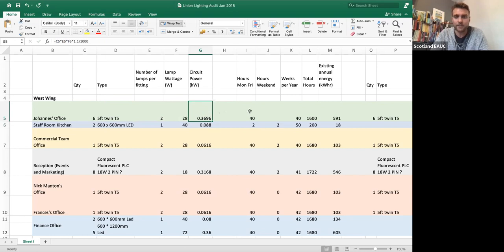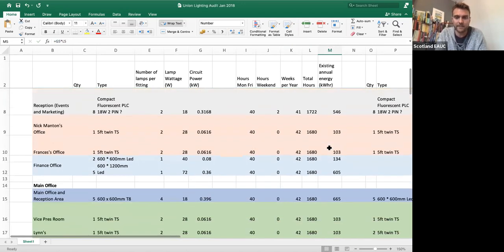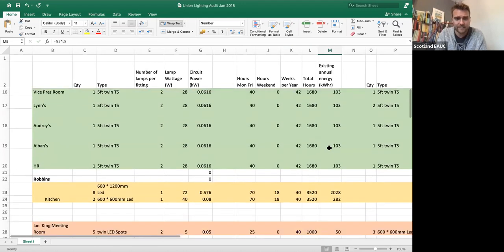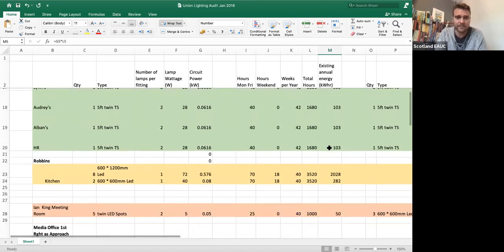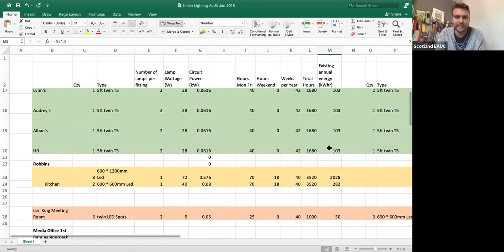The next step that we took was trying to figure out, on average, how long we were using those light bulbs. So on average 40 hours a week for 40 weeks a year, because we've also got the summer months when it's lighter and we're not using them as much. So they're used about 1,600 hours a year. And if you times that by your circuit power, you get your electricity use for the year. So 591 kilowatt hours. And we did this for all the areas of the union. It's an exercise that probably took about 4 hours. So it's not too bad, but thankfully, for me, it was done 10 years ago. And then I just kept updating it.